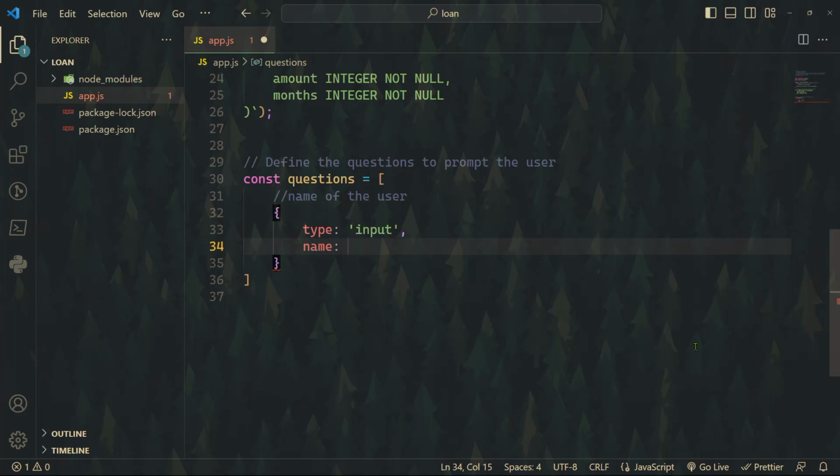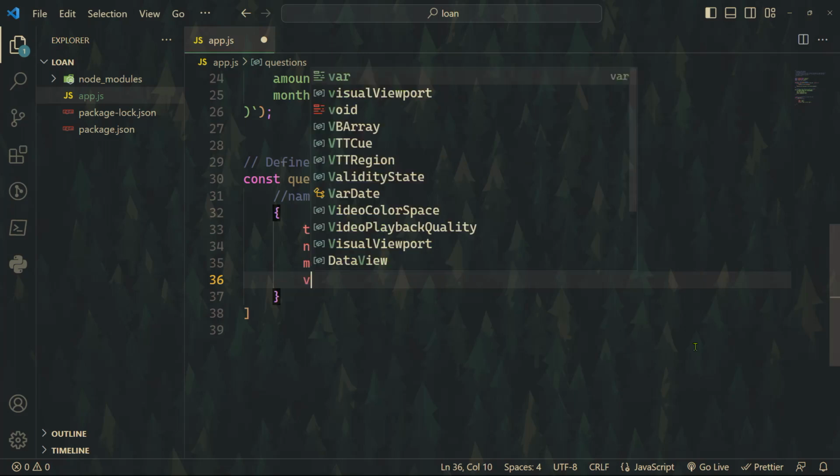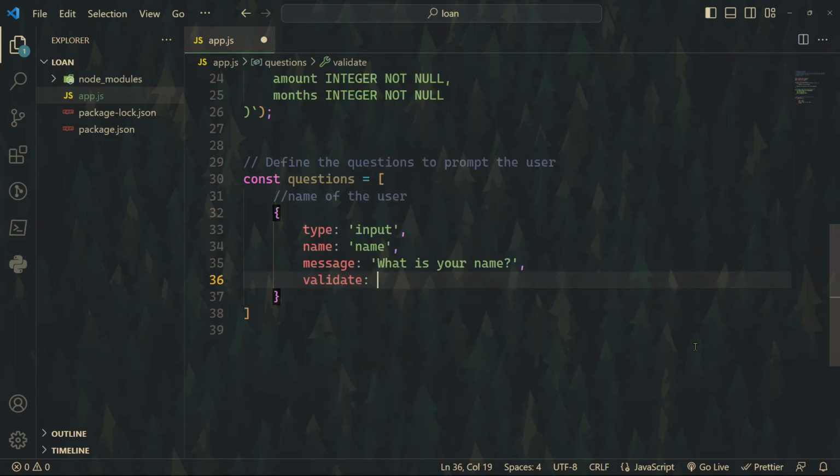So basically we have type, name, and message. So the type is input, obviously. The name is going to be name, the name of the user, and the message, which is the question. So the first question: what is your name? That's the first question. And we need some sort of validation check. So validate is the fourth element in that object. So we have a function, and that function is going to take whatever the value, whatever the name that you're going to enter. So the function takes value, and we are going to check